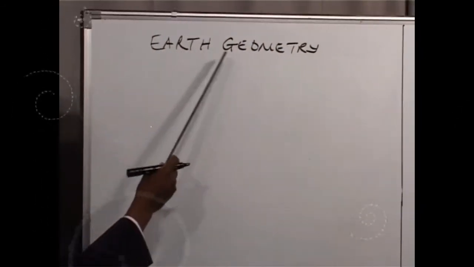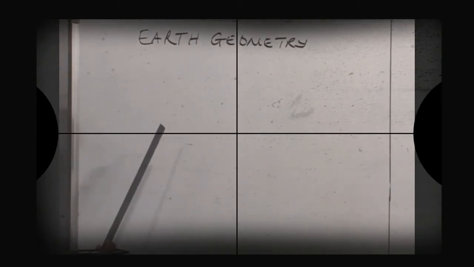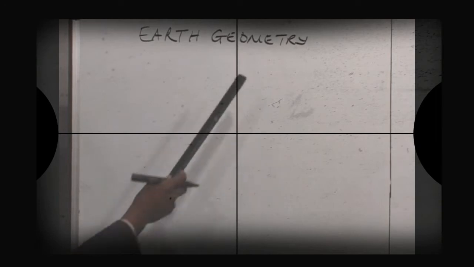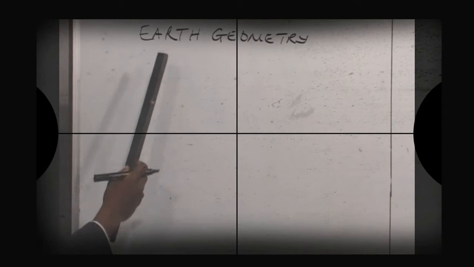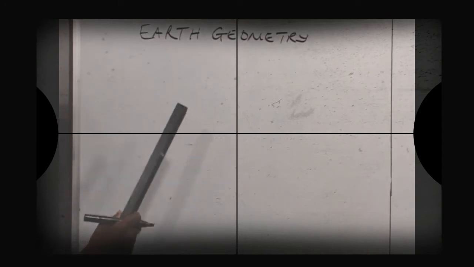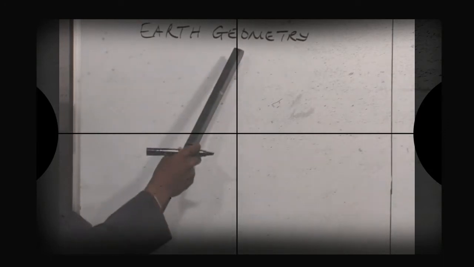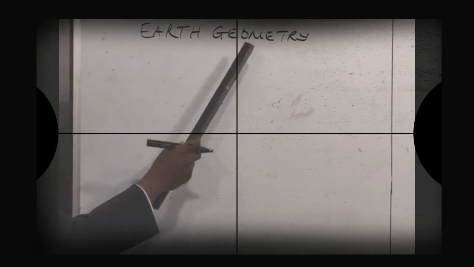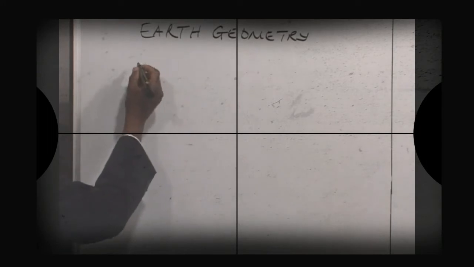Now, let us get into the details of today's lesson. The word earth geometry is two words in one, but our focus will be on the geometry, because we know from basic geography that the earth is where we are, and from the universe we are able to understand what earth is. But to talk a little more on earth geometry, the word geometry is a Greek word